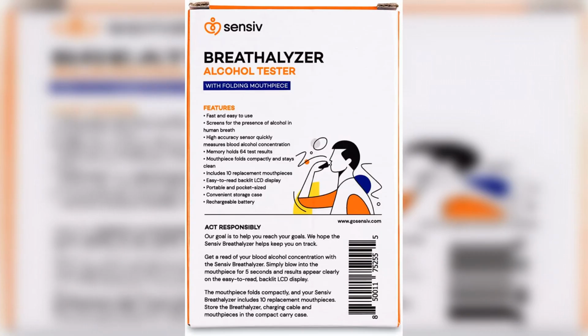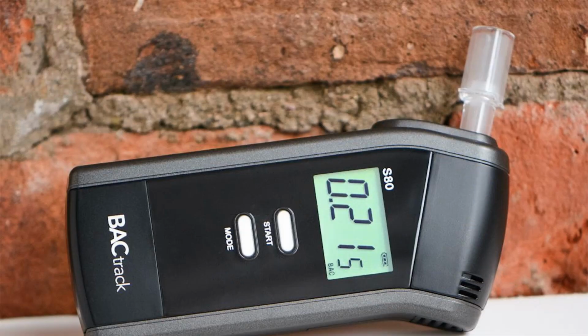At 6,000, has an advanced semiconductor sensor. Its cost is at the level of 950 rubles. Among the disadvantages should be highlighted low durability. Thus, when falling, damage appears on it. And to the pluses should be attributed the self-diagnostic function, digital information display, characterized by blue backlighting, as well as power supply with batteries. Inspector at 200, characterized by ease of use, is inexpensive, is able to work in the